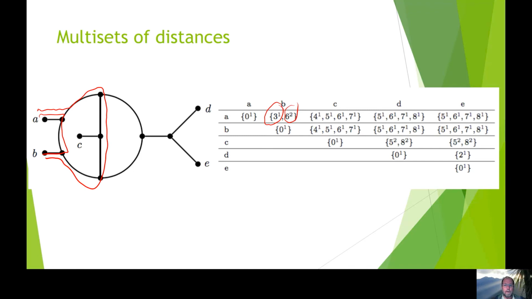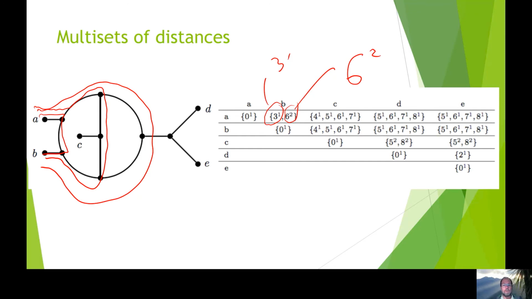In this little matrix that I've drawn, we have 2 paths of length 6 between A and B, which is why we've got here 6, 2 and 3, 1. That just means that the multi-set of distances between A and B is given by 1 path of length 3 and 2 paths of length 6,